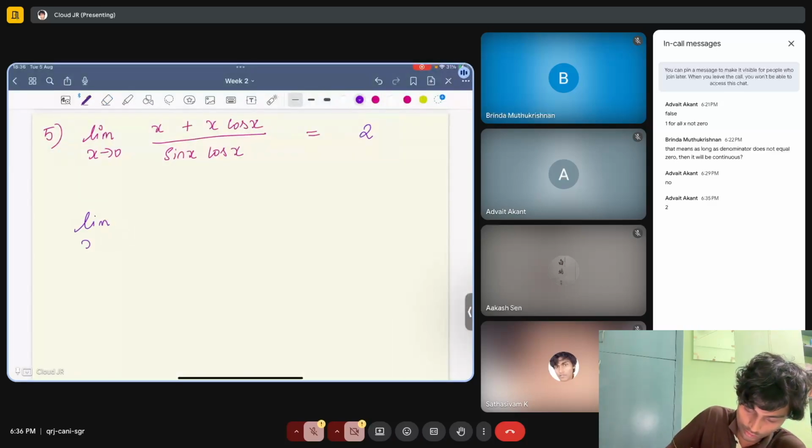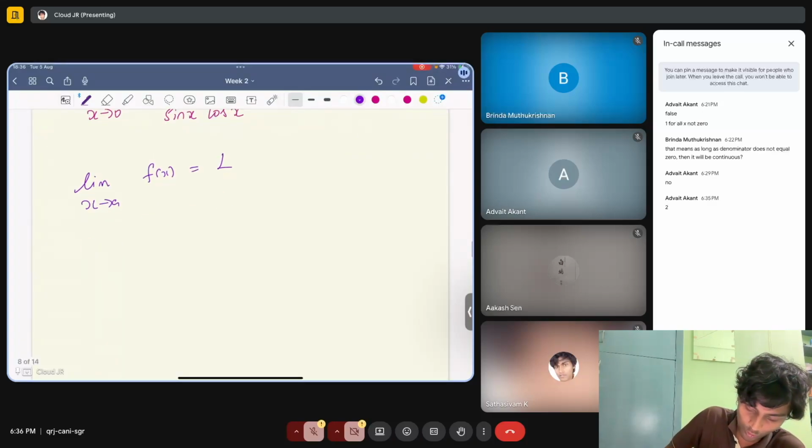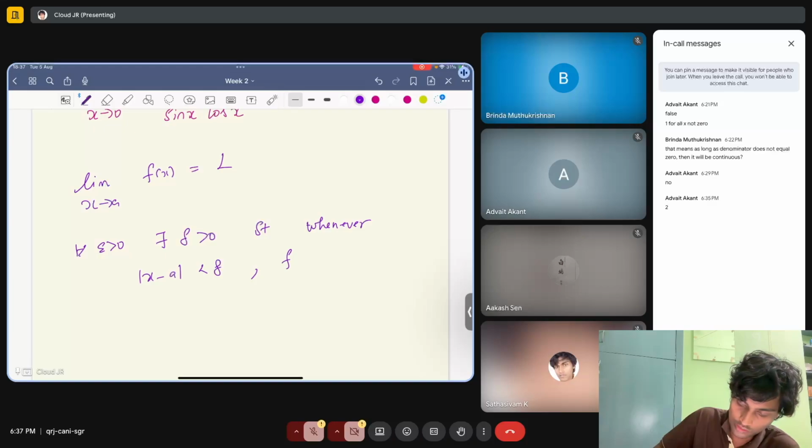If you have the limit as x tends to a of f(x) equal to some L, the definition is: for all epsilon greater than 0, there exists delta greater than 0, such that whenever |x minus a| is less than delta, you have |f(x) minus L|